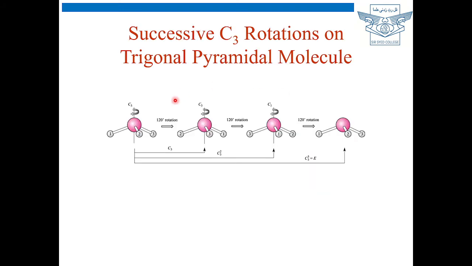Same way for a trigonal pyramidal molecule such as ammonia. If you take ammonia, this is N, this is H, H, H, H1, H2, and H3. So rotate through the C3 axis, 120-degree rotation. So 1 will come here, 2 will come here, and 3 will come to the position of 2. So you can see here, right? The rotation of 120-degree is happening like this. Again 120 if you are doing, and again 120, you are coming back to your original molecule, which is nothing but the identity element, which you have seen earlier.